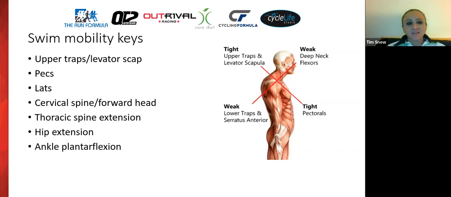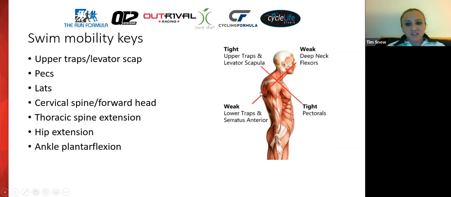So if we start with swimming, some of the areas that might be mobility limited are our upper neck muscles, our upper traps and levator scap. This is the upper crossed syndrome posture that occurs a lot of times when people sit at desk jobs, sit at computers, or also on bikes for a while. Our upper back muscles and neck muscles get tight, and then our pecs, our chest muscles, get tight. All of those things will limit our shoulder mobility, our upper back mobility and our neck mobility when it comes to getting a good swim stroke.